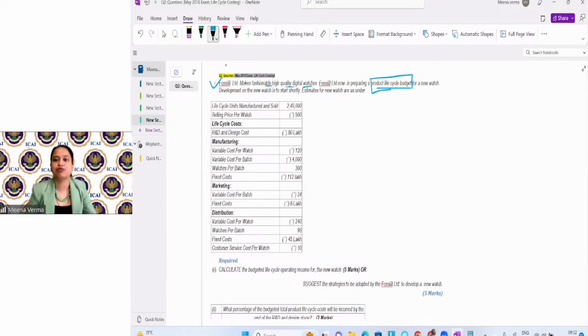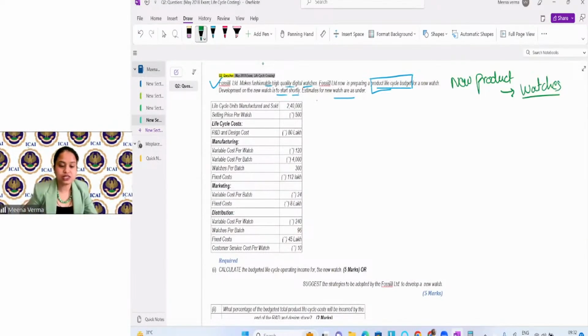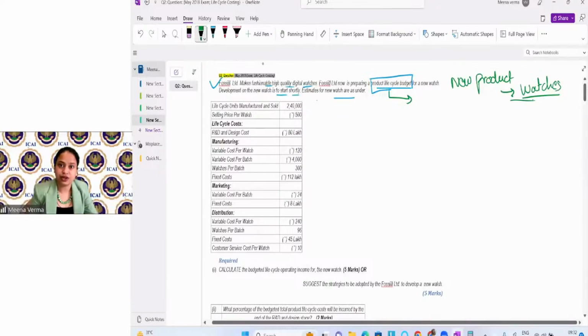Company is preparing product life cycle budget. Development of the new watch is to, these are what? Digital watches. Now what is happening? You have to find out the life cycle cost of this watch. Life cycle costing. Okay, so what is given? How many units the company will sell? What is the selling price per unit? So this will give the total sale. This will give you what? Total